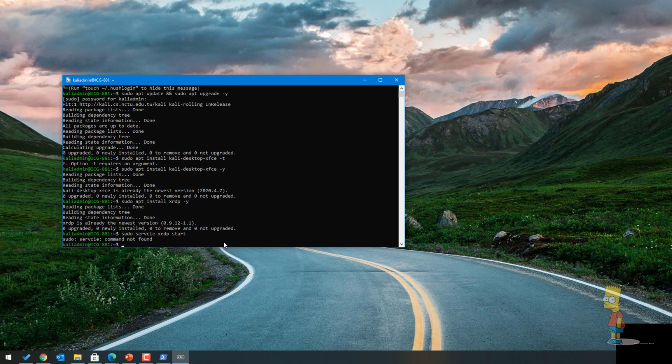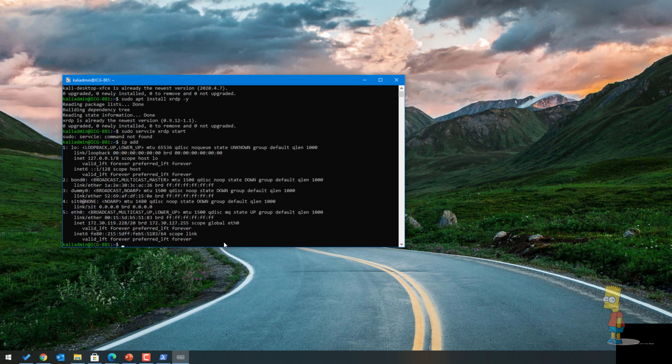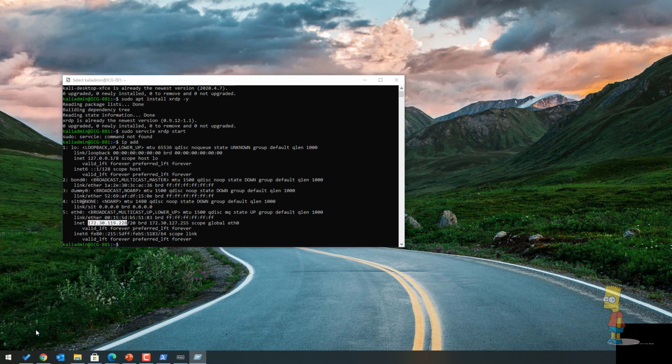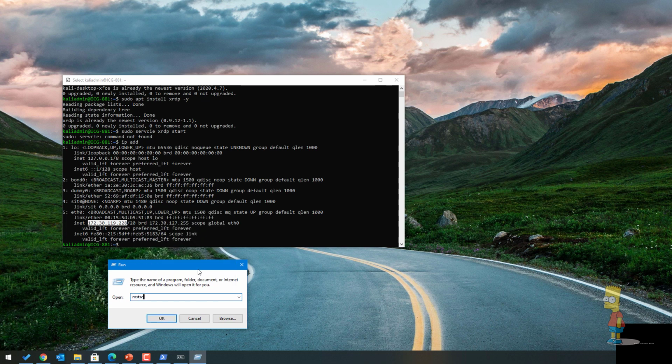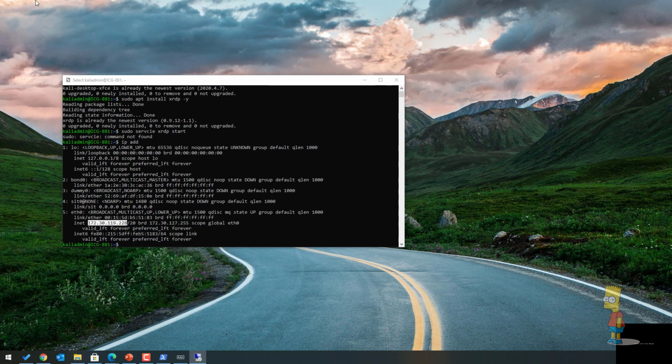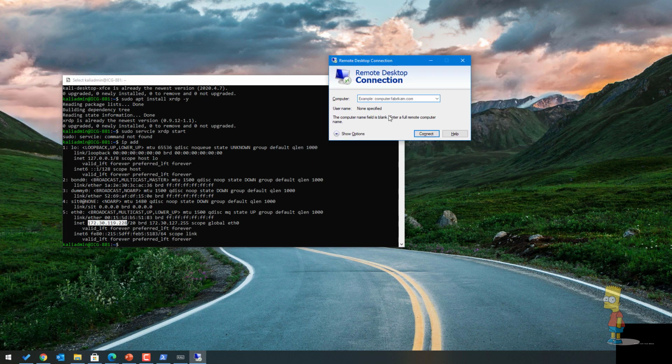To do the RDP access, I'll type ip add and find out the IP address of this VM. You can see it's running on 172.30.119.228. I'll open up the Run command, bring up Remote Desktop, and type 172.30.119.228.